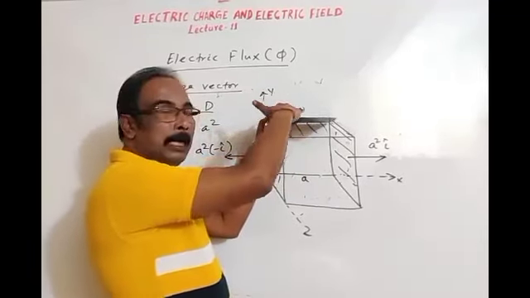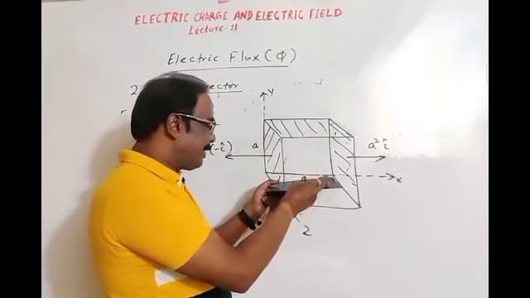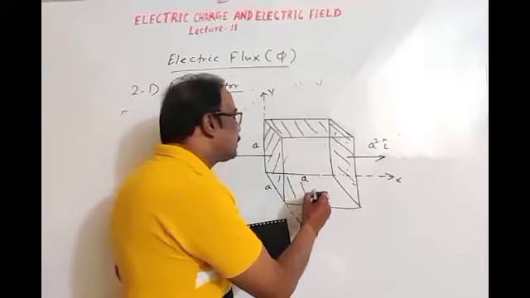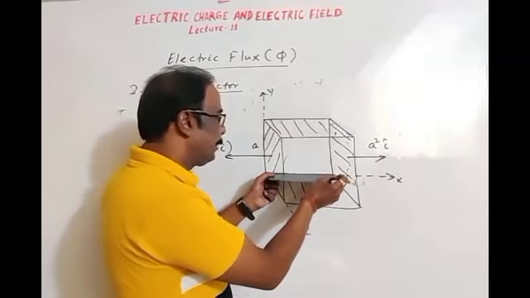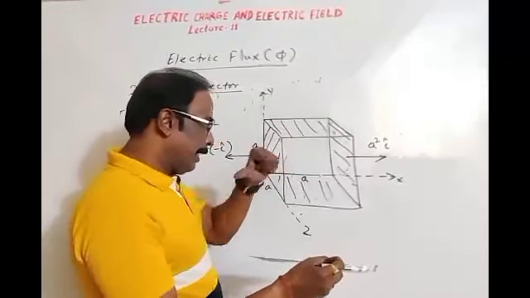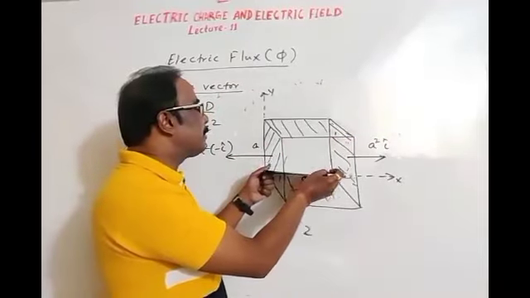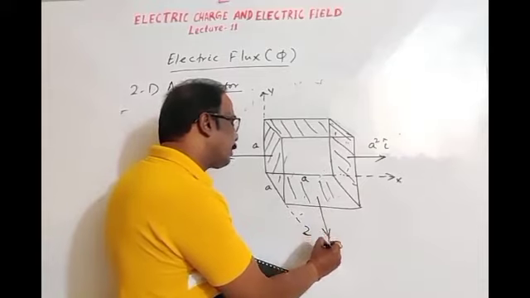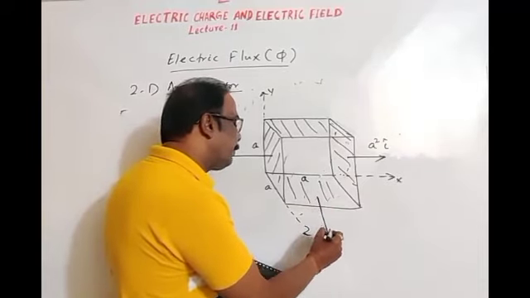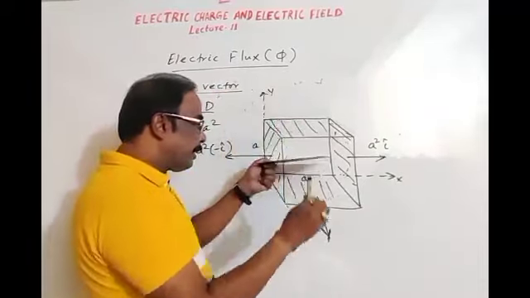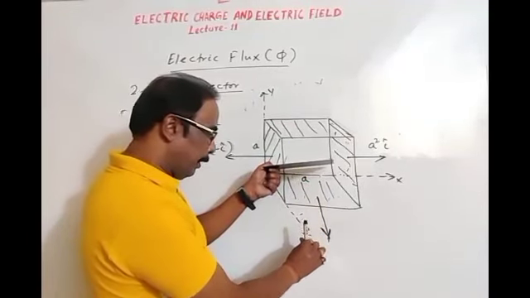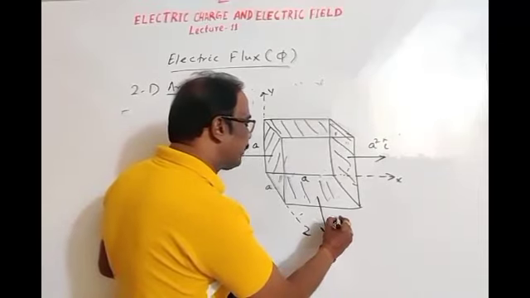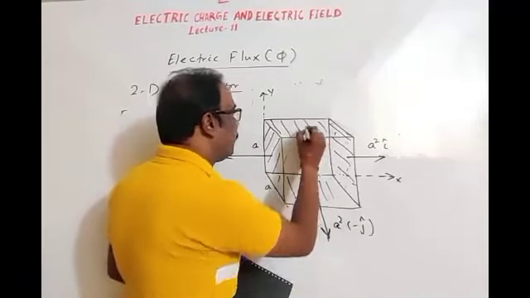This plane is on the xz plane. X-axis, z-axis, this is the xz plane. This surface is also on the xz plane. This is z-axis, this is x-axis, this is also on the xz plane. So the direction of surface area will be in outward direction. This is perpendicular to the surface. Obviously, this is along negative y-axis. So direction is minus j cap.